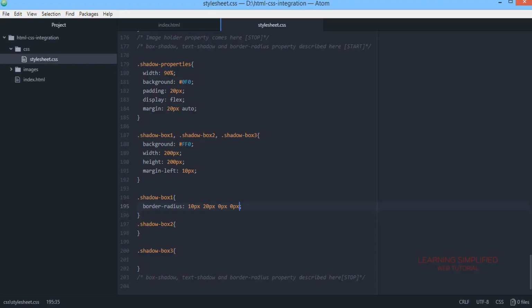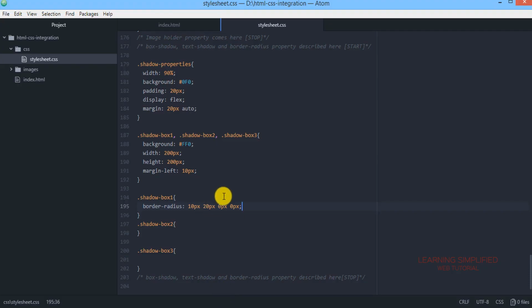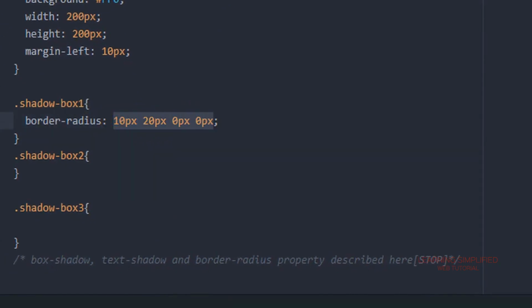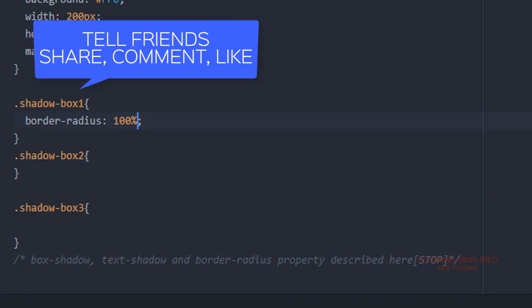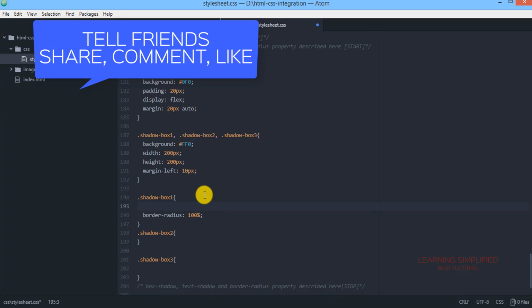As we can see in the last case, if we are supposed to make a circle out of this particular rectangle, then all we need to do is mention the percentage length over here. That means instead of this pixel value, we need to mention the percentage right over here. And if we now reload, we can see that the rectangle is now turning into a circle. And in every case, all we need to do is mention these hash codes over here.